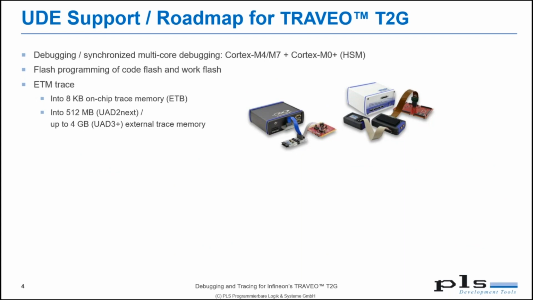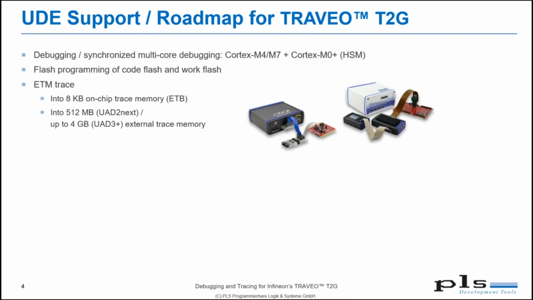So that are briefly the features that you get from TRAVEO II. These are the typical debugging features that you would expect. All the debugging features that you see here are available for the main CPUs, for the Cortex M4 or the M7 cores, and also for the Cortex M0 Plus, the HSM. Of course, we provide flash programming into the code flash and also into the work flash, and we have support